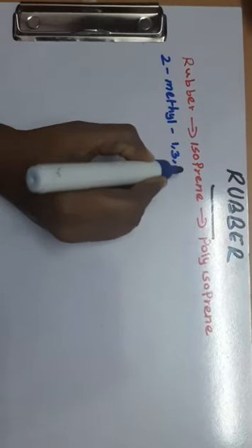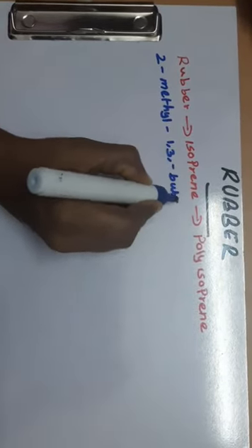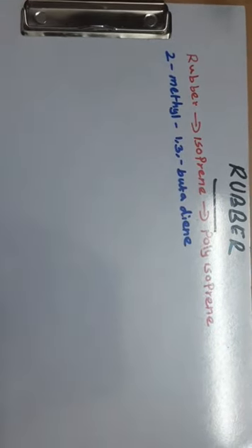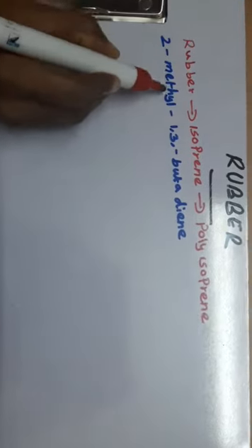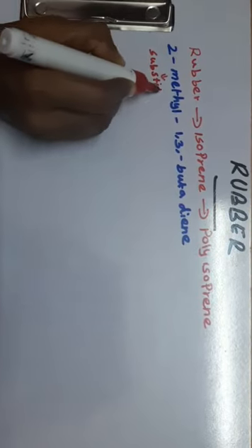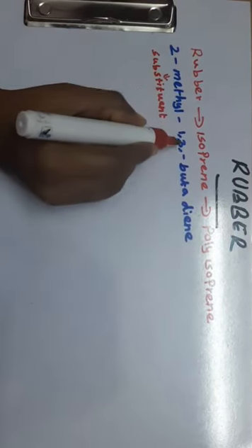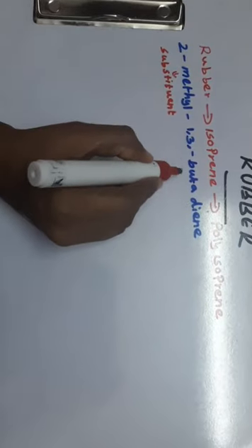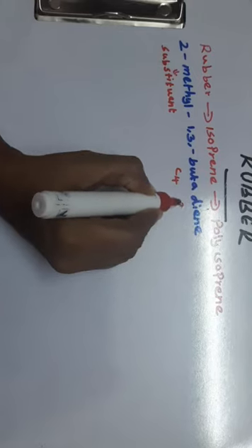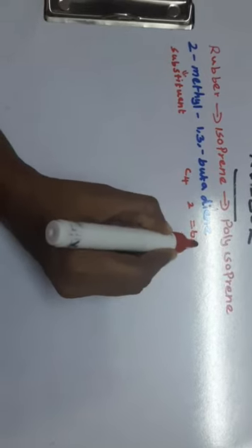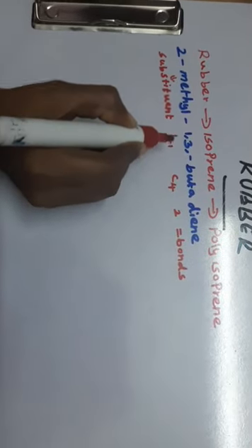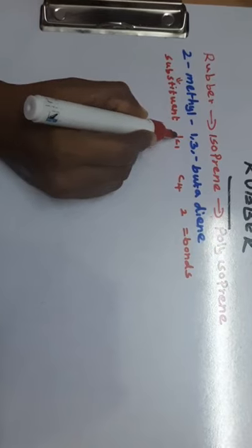1,3-butadiene. Here, this 2-methyl is a substituent. In 1,3, here buta means there are 4 carbon atoms. Diene means 2 double bonds are present. Where are the 2 double bonds present? In the C1 carbon atom, at the C2 carbon,